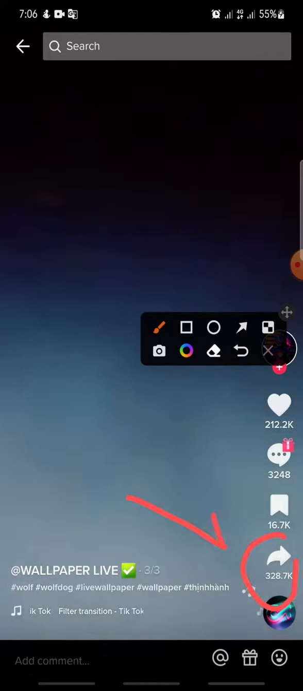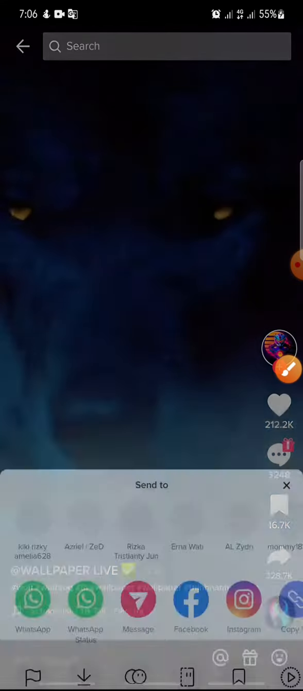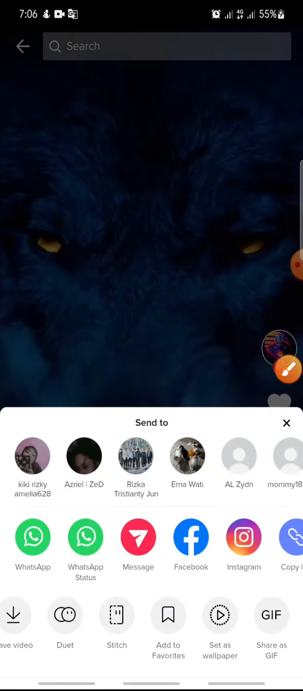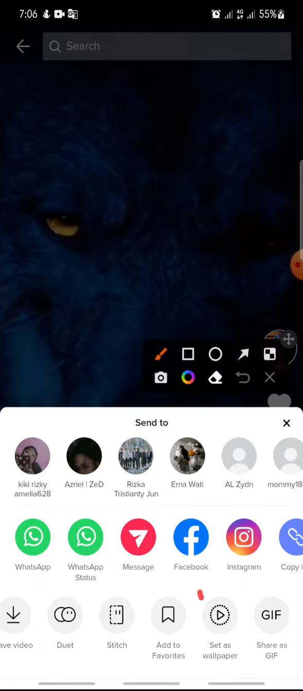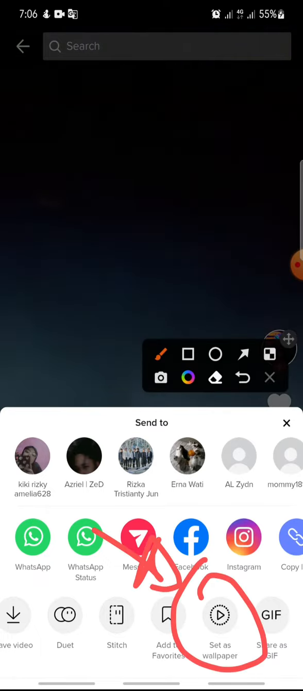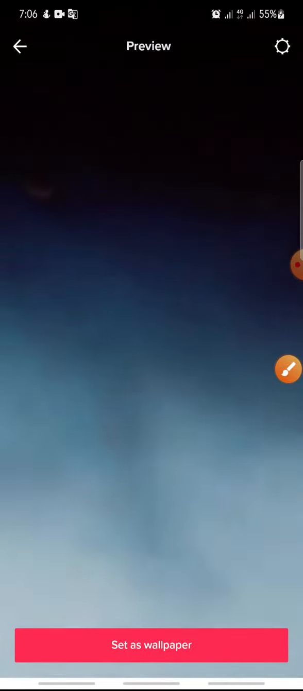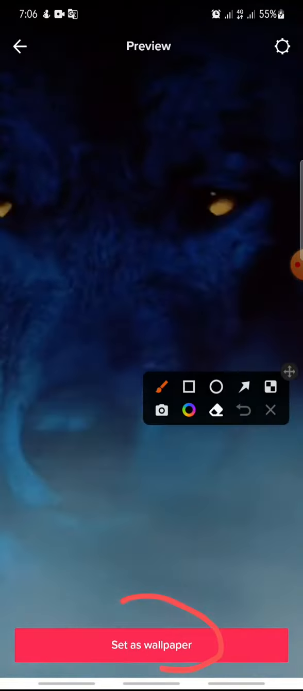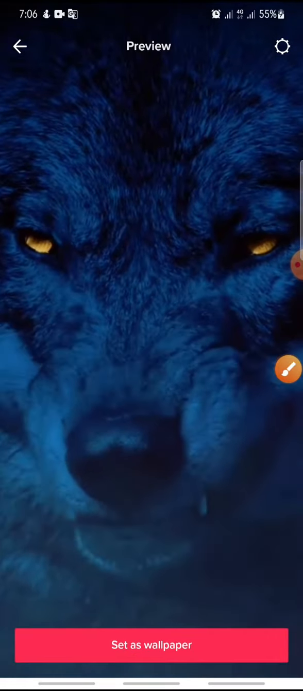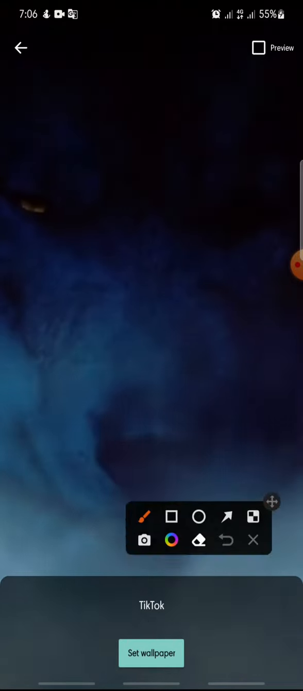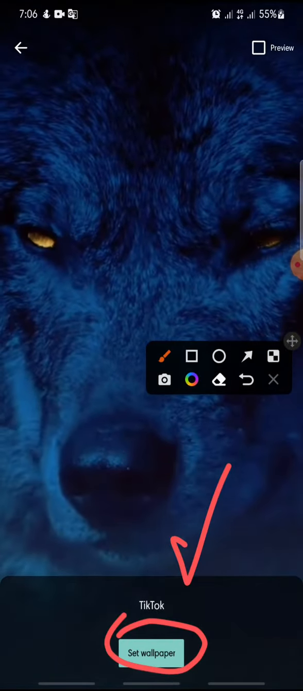the share icon at the bottom, this one, and then in here you can click on Set as wallpaper. Click on it and then click Set as wallpaper, and click Set wallpaper,